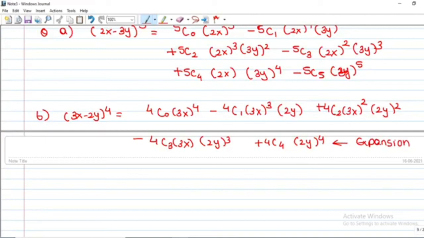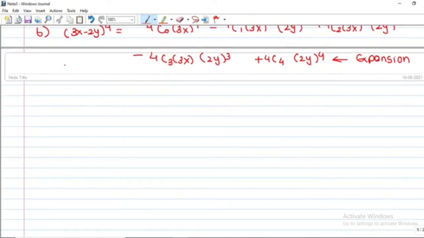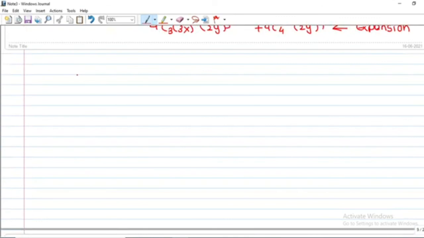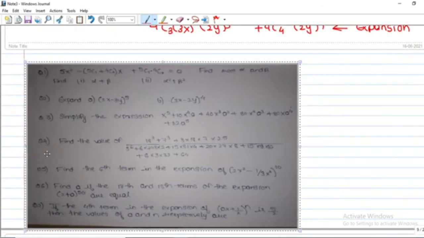Now, I hope we have done two expansions. You can take any number of expansions. I can take two to three expansions, but this is not even a real question, because anyone can frame this type of expansion question, not a big thing. Now let's move on to the next question which we are going to take. So the question is this, right?